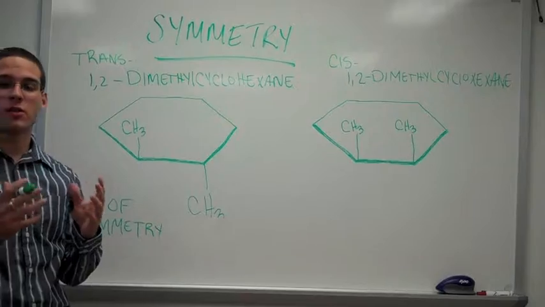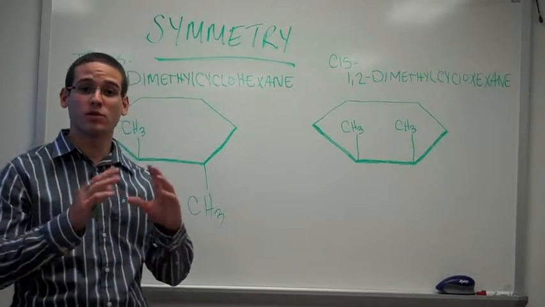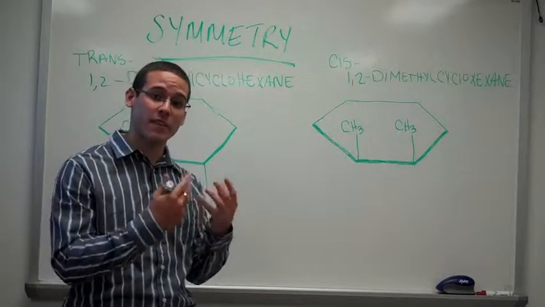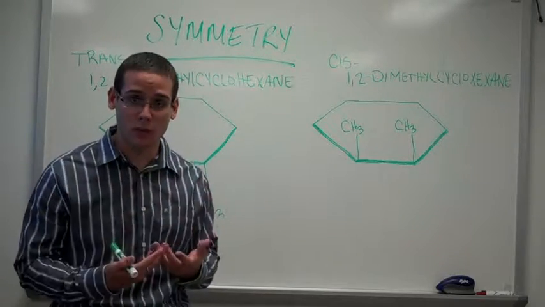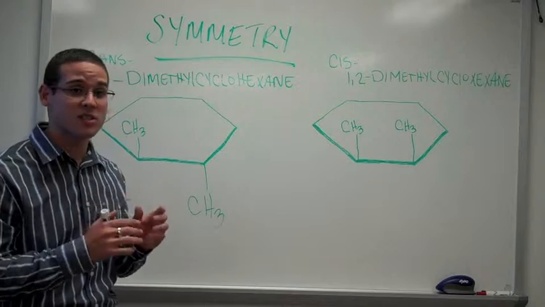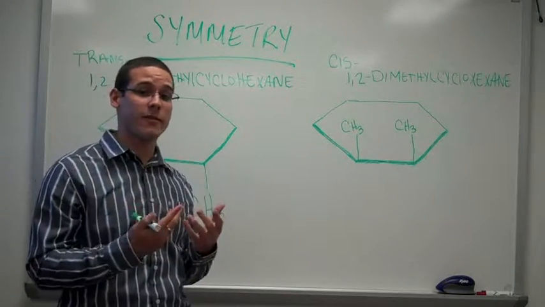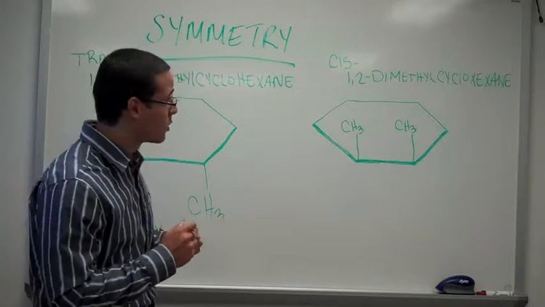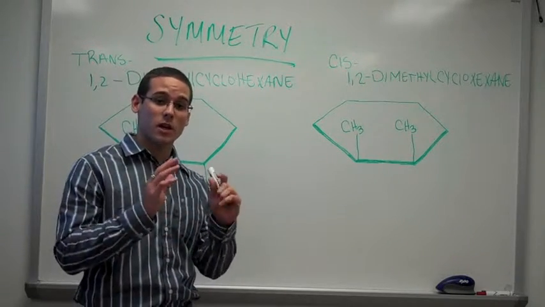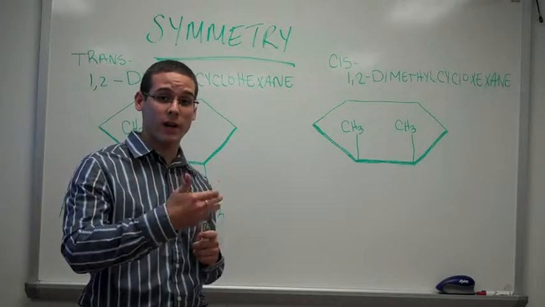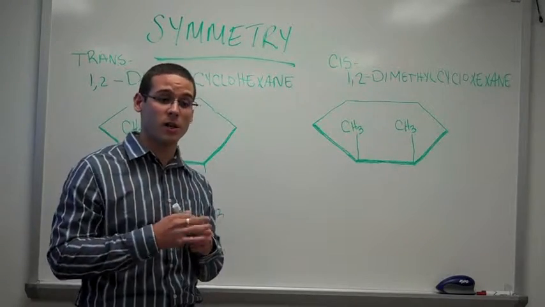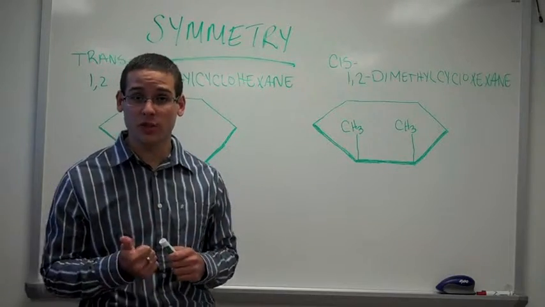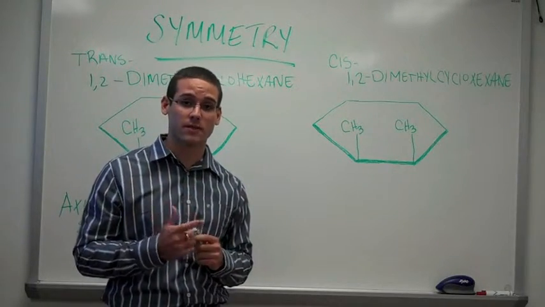So now we understand that a chiral center contains 4 different atoms attached to it, and therefore the molecule is chiral. The same is not true when we have 2 or more chiral centers. In order to distinguish compounds that contain 2 or more chiral centers, we should understand symmetry. There are 2 types of symmetry: rotational symmetry and reflectional symmetry. Here we're going to